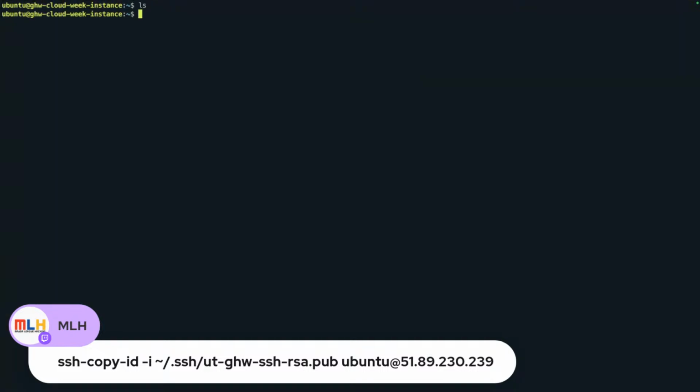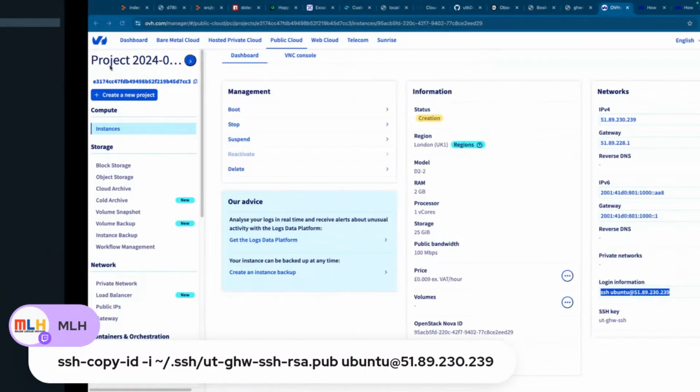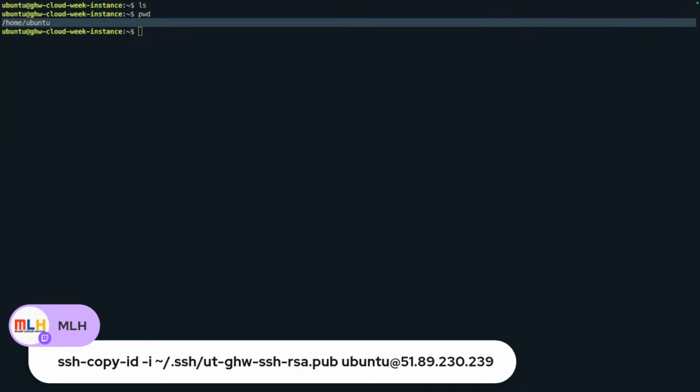If I do ls, nothing. Okay, present working directory is home/ubuntu. So we have logged in to our machine, which is really nice. Now let's install a bunch of softwares on our machine. Okay, so the first thing that we will do is